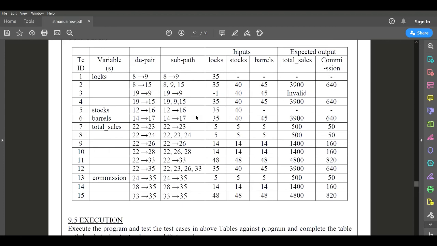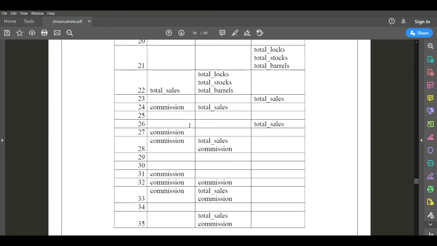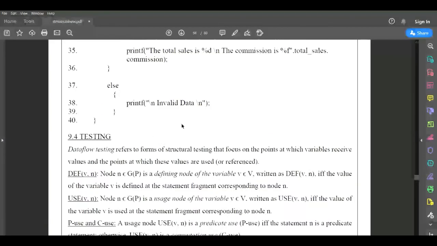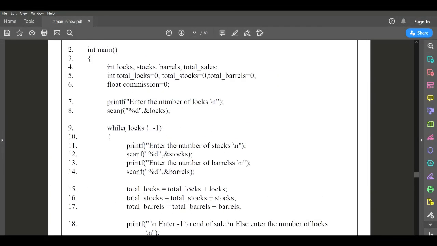Now 8 to 15, through 9. Please remember, 8 to 15 in the program: 8 is the printf statement, and at 9, now I need to move to line number 15 where I'm using it. When I'm moving, I need to use this path, correct? So at this node I have to use the lock value to check this condition. So 8, 9 and then that value I am using in line number 15. Therefore, when I want to traverse this, I need to specify a value. It should not be equal to -1.